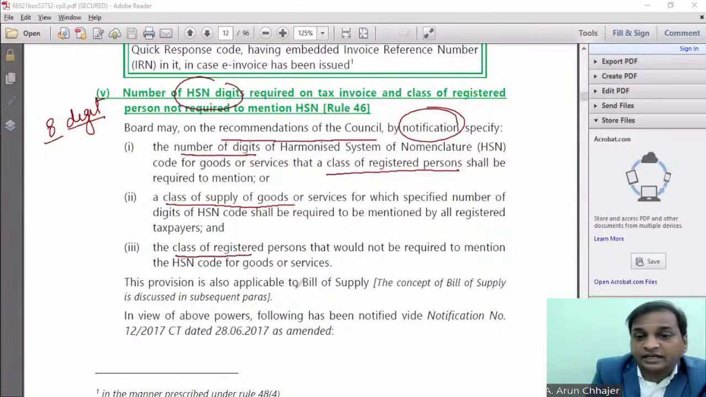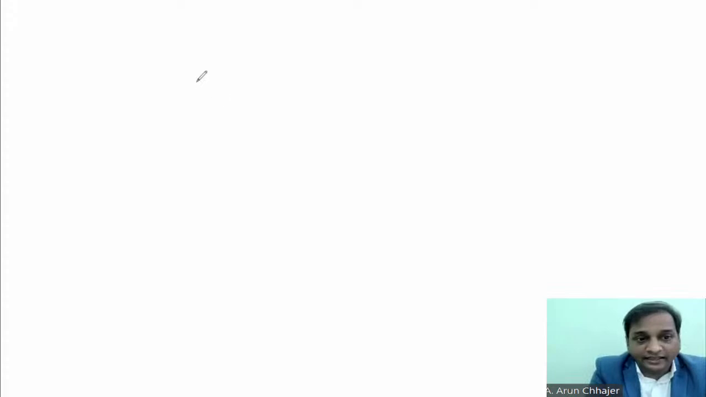And in case of a certain class of registered person, it is not required to be mentioned at all. So they can provide any combination. What combination is being provided? They are saying if